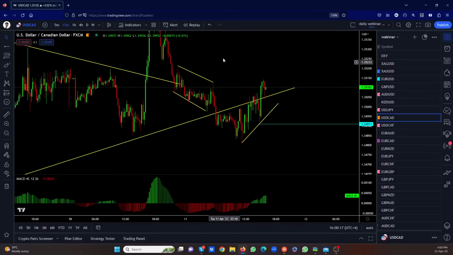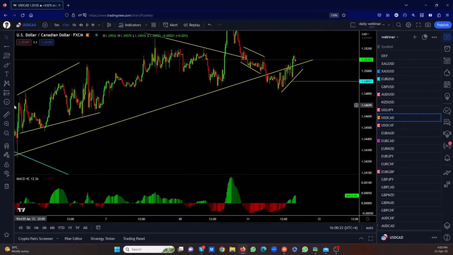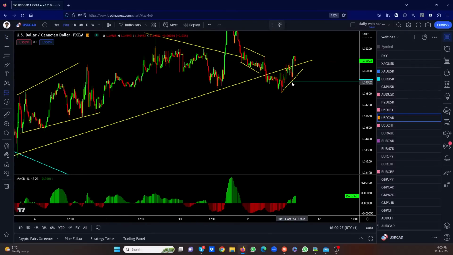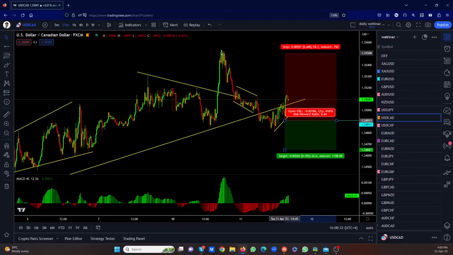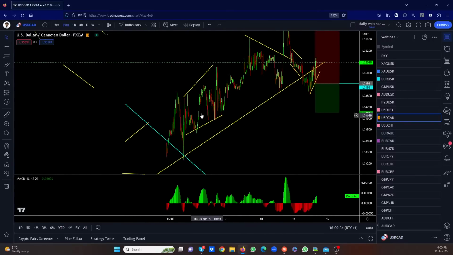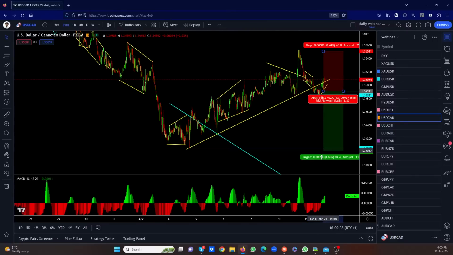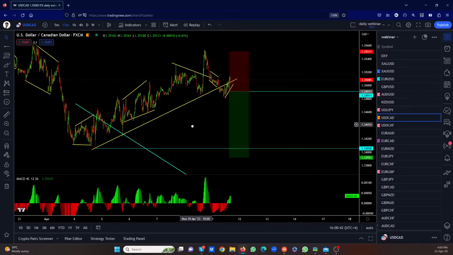But I can't put the stop here. I have to put the stop above the top now. So it's not the best trade in terms of risk to reward, but it's a good trade. It's a pretty safe trade, which means the chances of me taking a loss on this trade is almost close to zero. Because the stop is above this stop and the target is still the same. The target has not changed. The target is coming to get this low, right? So you're going to get a 1.6 to 1.